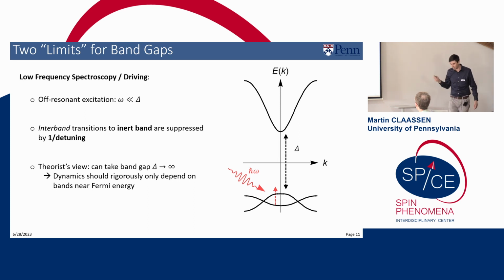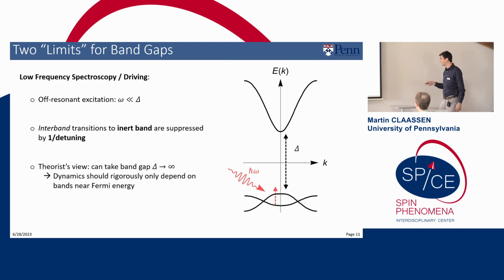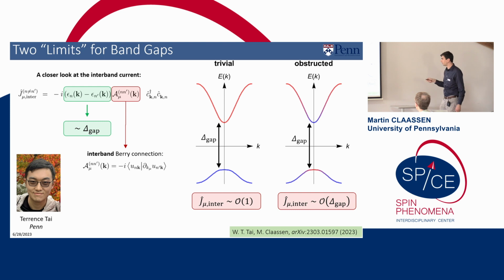Unfortunately, this is not quite as straightforward, so we really have to negotiate what that band gap and the structure of that band gap actually is. In particular, we can think about two different types of band gaps, one in which the two bands, so this is the band of interest and the inert high energy band, are composed of disparate atomic orbitals.